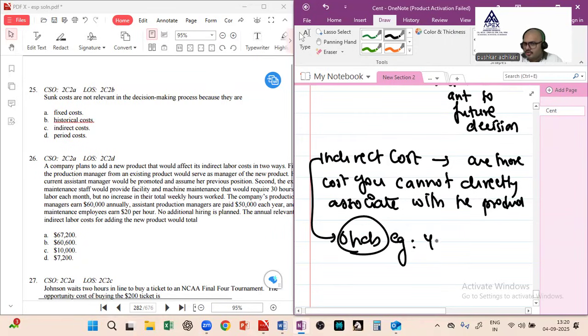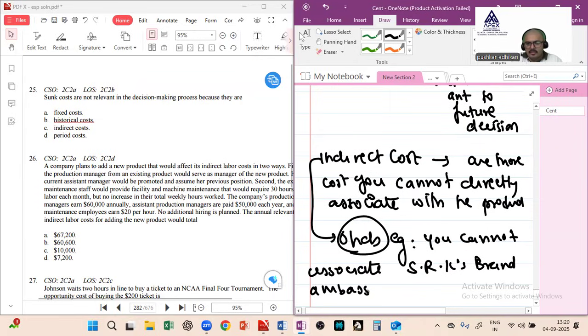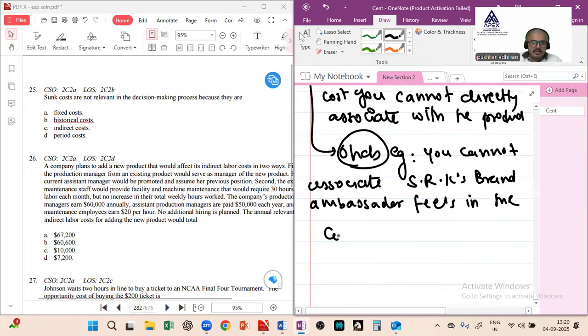Example, you cannot associate Shah Rukh Khan's brand ambassador fees in the cost per unit of one bottle